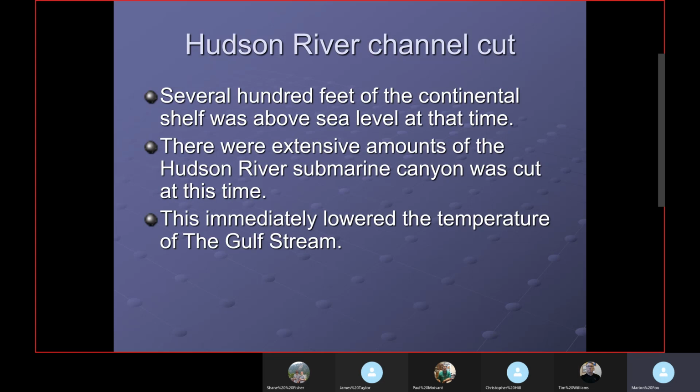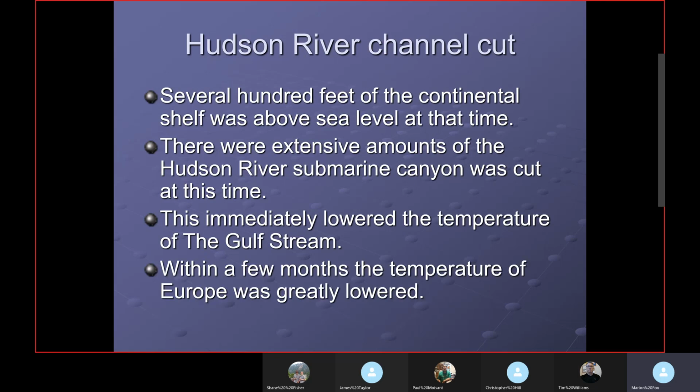It's not salt water, so it's less dense. It'll float on top until it mixes. So it may take several years to mix with the salt water. So this cold fresh water would be on top, and the wind would blow across and bring cold air into Europe. So Europe would experience a cold time. Within a few months, the temperature of Europe was probably greatly lowered by this vast amount of water that went